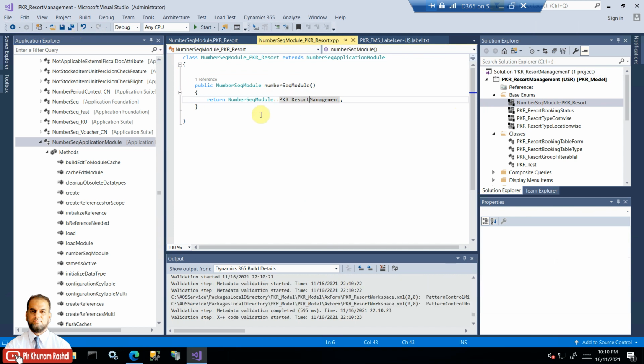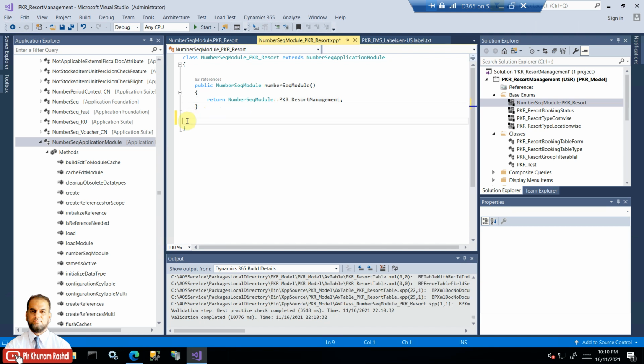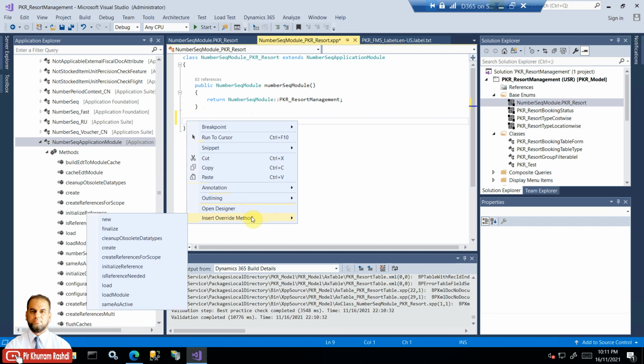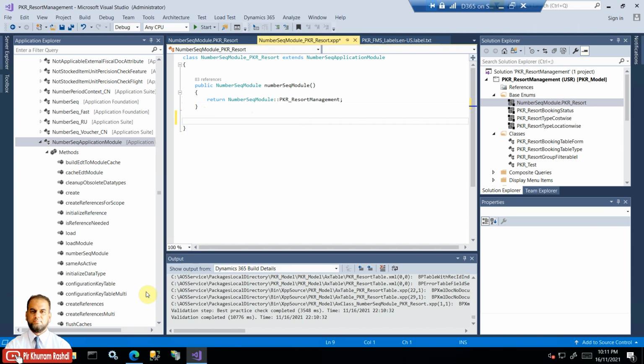Okay, so once we are done with this one, now just right click and okay, so now we need to override also the load module method here, and we need to just remove the super call. Okay, and these two methods are now written, and then we need to also